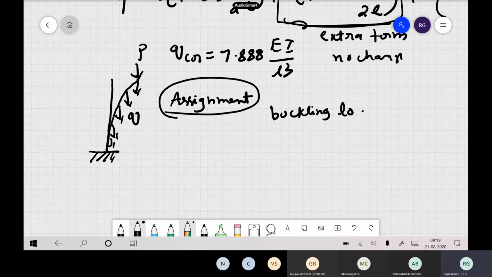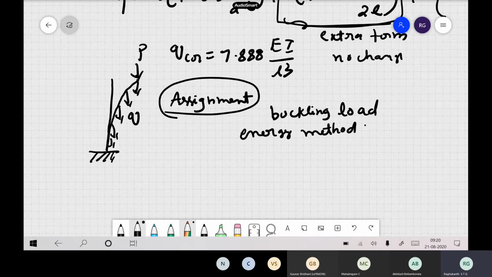And now this problem, how do you solve this type of problem? If you want to solve it by the force method, which we discussed previously, the problem becomes a differential equation. You can solve it, but it is rather complicated. But by the energy method, it is very easy. So please solve it.